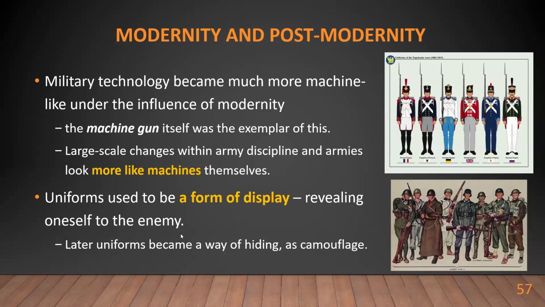So military technology became much more machine-like under the influence of modernity. This is the direct application of rationality, by the way. And you have the machine gun as the example of this, and large-scale changes with army discipline and armies that now start to look more like machines themselves. And one of the changes is the change of uniform. It used to be a form of display. In the upper picture, you see the uniforms of